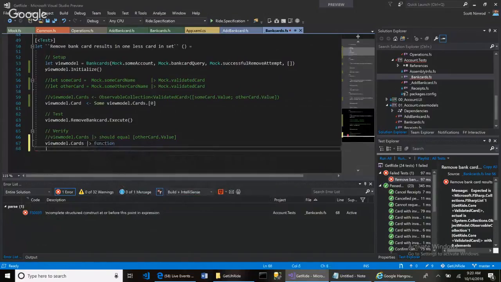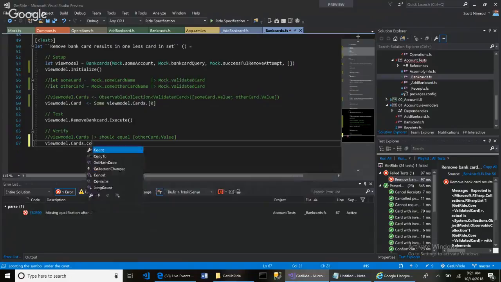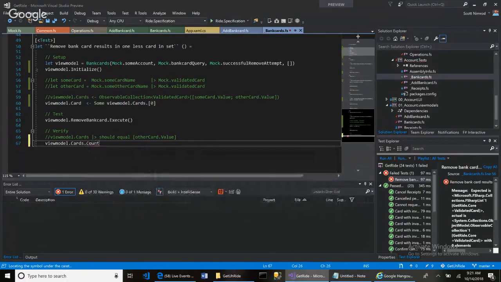How would this work? No, this cards is an observable collection, so it's not even a list. So maybe I can't do that, but maybe I would say like observable dot cards dot count is equal to 1, and then I could say and